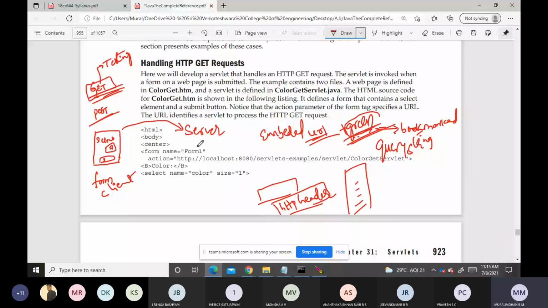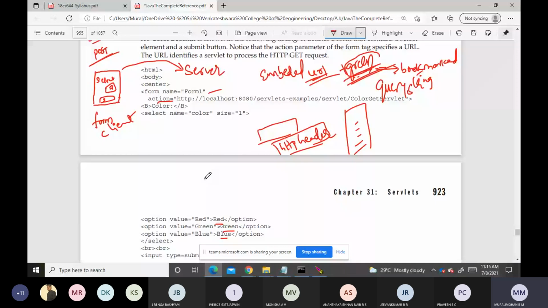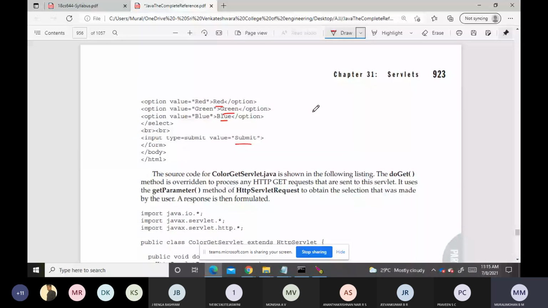Here the action specifies the URL of the servlet, and here we are designing the form. We are giving a drop down list for the colors and one submit button. This is the form we have created using HTML.